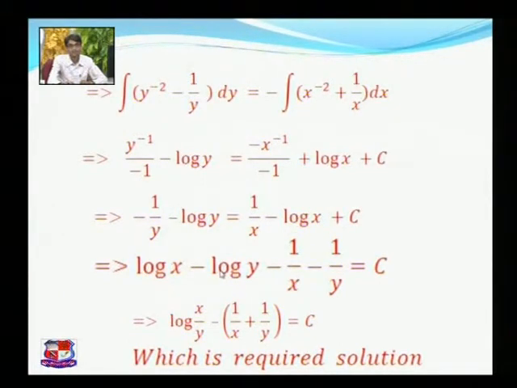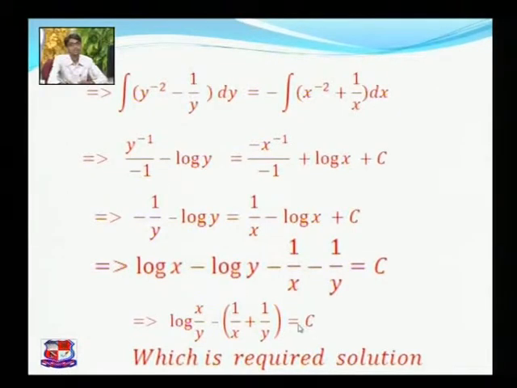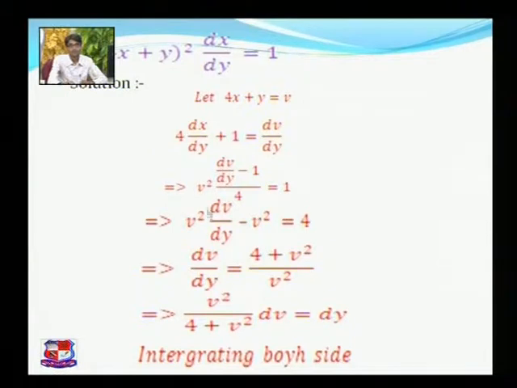So after all we will get log x minus log y minus 1 upon x minus 1 upon y is equal to c, and by simplifying I will get log x upon y minus 1 upon x plus 1 upon y is equal to c, which is our required solution. In the same way, if we look at this example